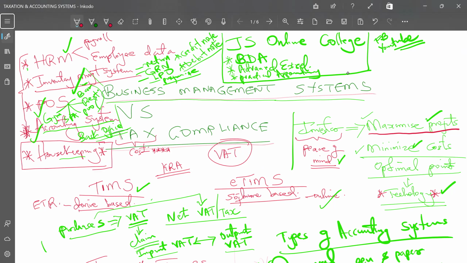You must ask yourself at any given point in time as an investor, you are seated somewhere in your house and some people are running your business. You ask yourself, how foolproof, how sustainable, and what are the firewall measures? What are the restrictive measures put in place in my business to ensure that I'm not losing money? Because as an investor, remember, your goal is the returns. Maximize your returns and minimize your costs as much as possible.